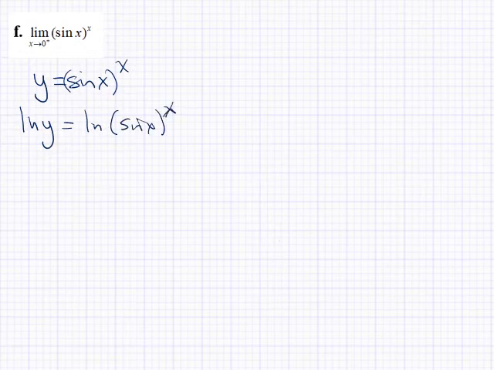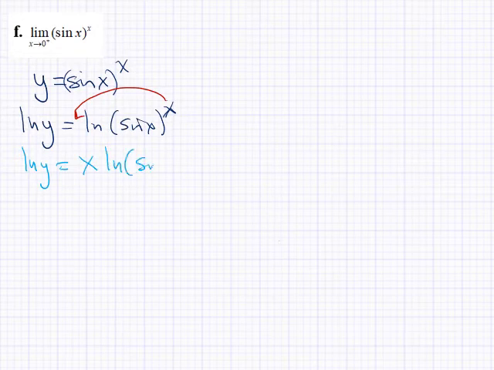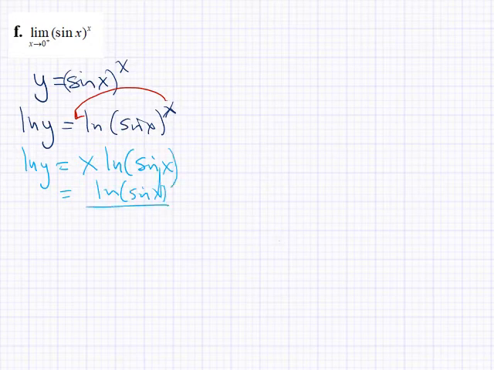What this allows me to do is to take this x out to the front. So I end up with log y equals x log of sine x, which ultimately gives me log of sine x over x to the negative 1. Take this, which is x to the first, bring it to the denominator, so now it's x to the negative 1. That's log of y. So then what I'm going to do is I'm going to take the limit